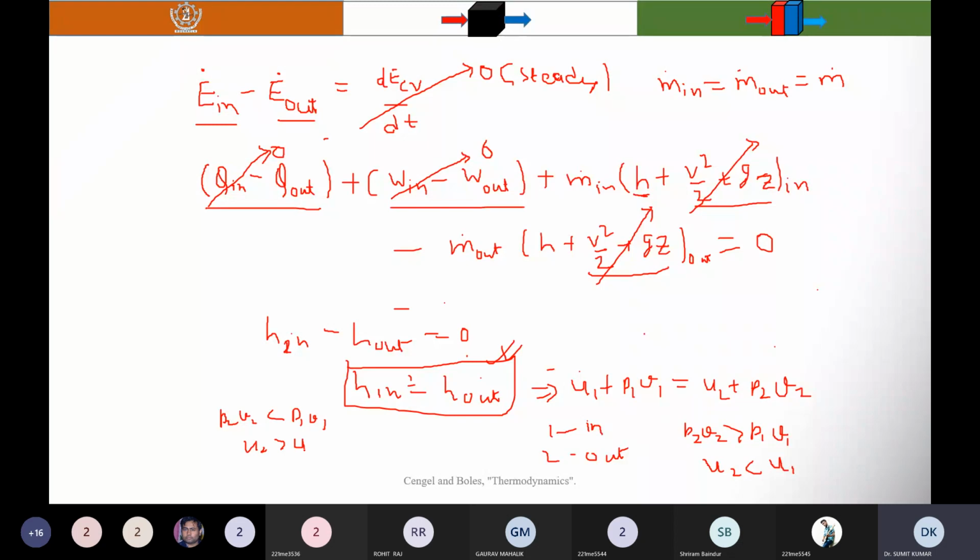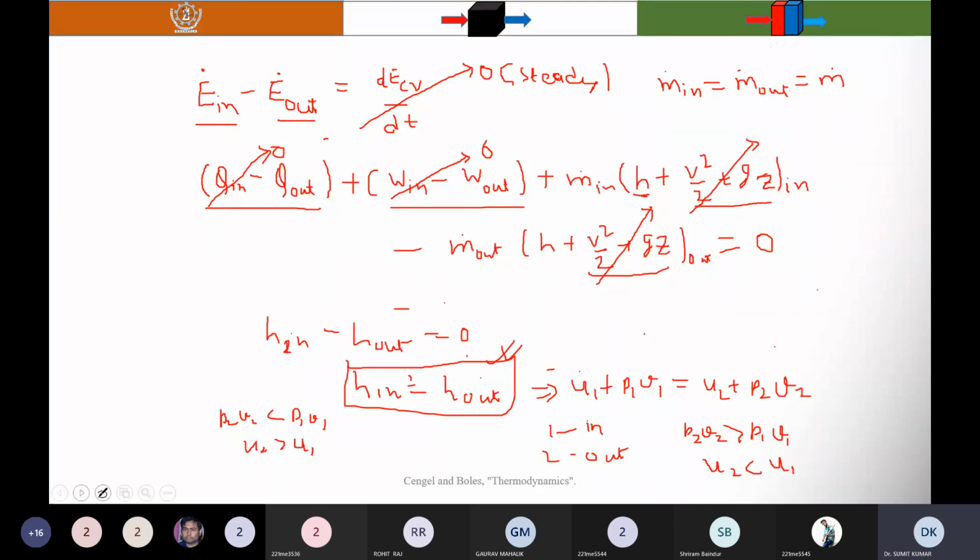So what happens is that the temperature increases. So the product PV decreases, and the internal energy and the temperature of the fluid increase during the throttling process. So when I discuss the Joule-Thomson expansion, there are some conditions. Before that, it is heating and then it's cooling. Those things I will discuss when I discuss the Joule-Thomson expansion.